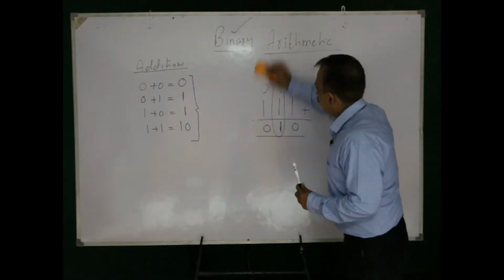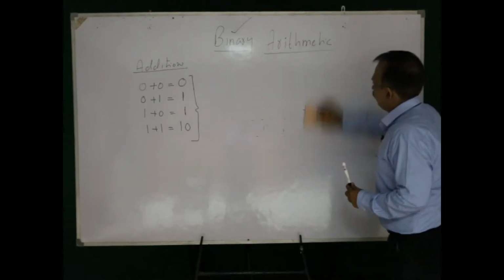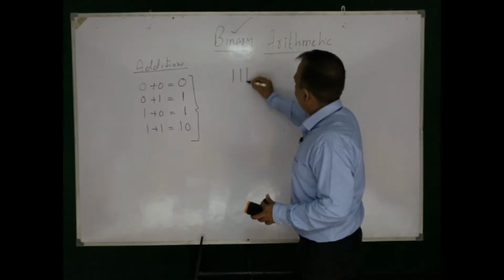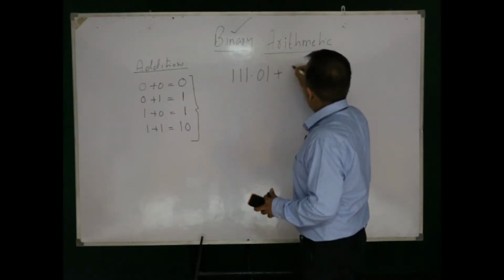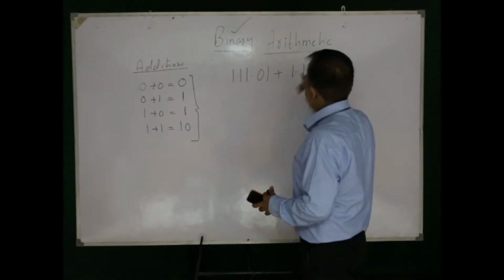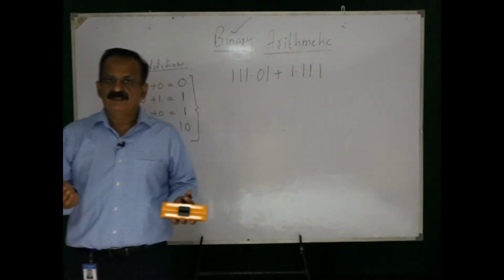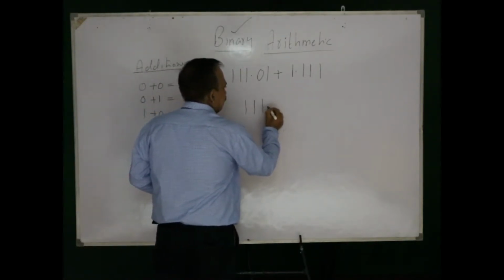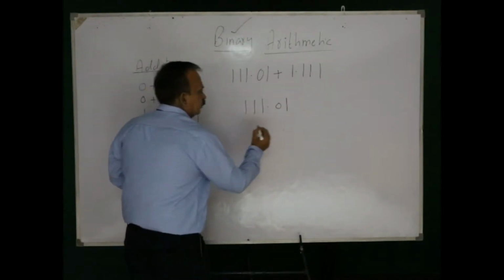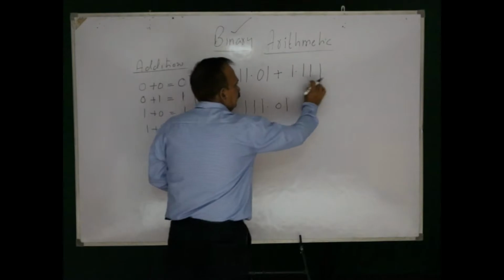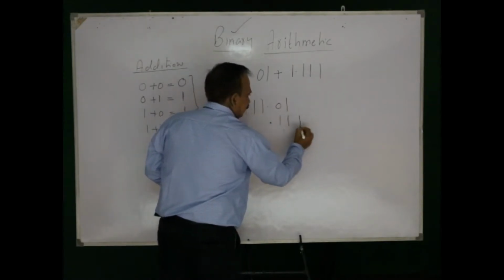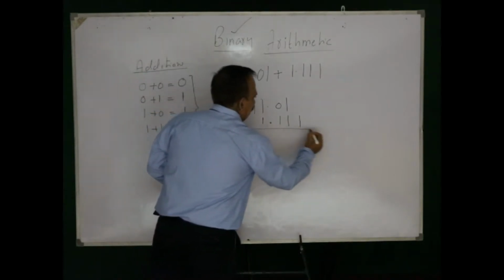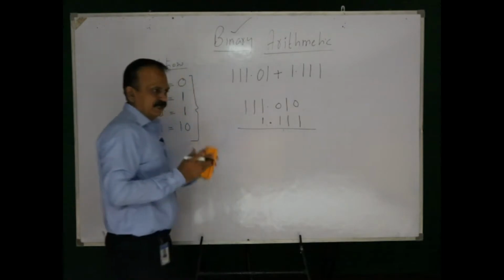Let us take one more example, and in that example we will be taking the decimal point also in the number. Say 111.01 plus 1.11 are the two binary numbers to be added. What we do is we write the decimal position below decimal, so here the decimal is aligned. Now, there are 3 digits on the right hand side and 1 digit on the left hand side, so we can add 0 here to make the numbers the same.